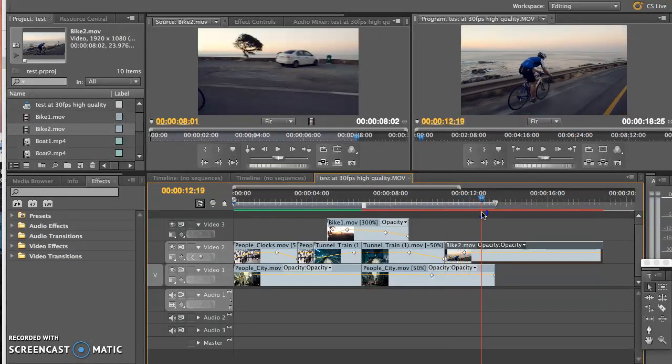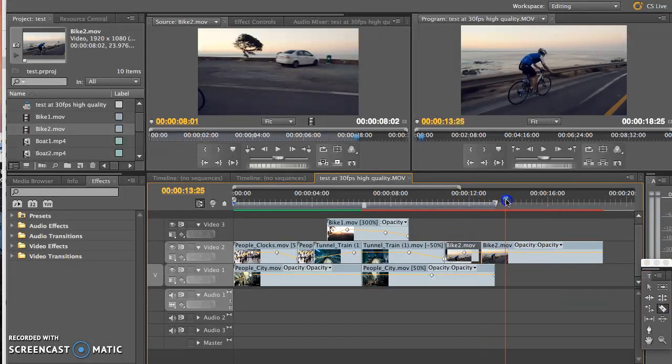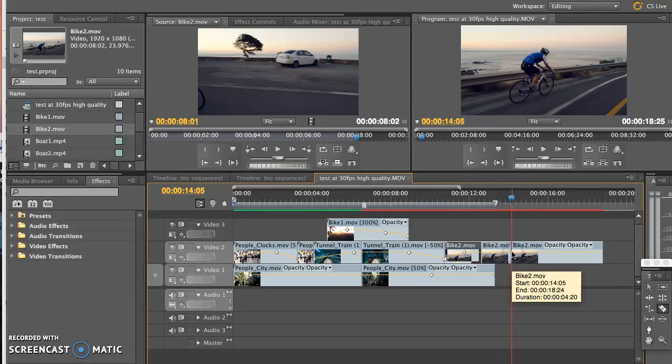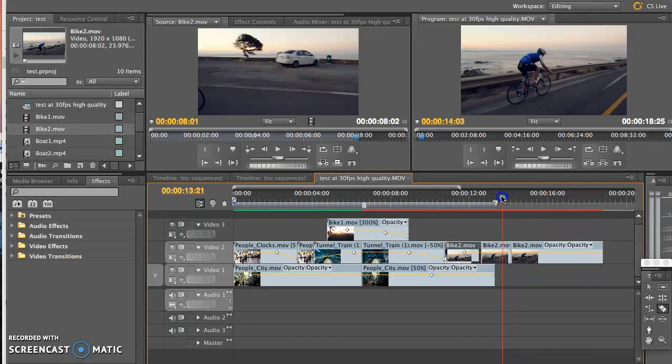Now, something kind of fun to do, let's cut a chunk out. With the razor blade, we'll just click right on that spot, and then we'll move the playhead along a little farther, and I'm going to cut it again. In the middle, maybe we want to reverse it and then have it go forward. How cool would that be? So I'm going to hover over the one that I want to select and then select it. And now you go up, and you can't see it. It's out of the window for my tutorial, but you go to Clip,